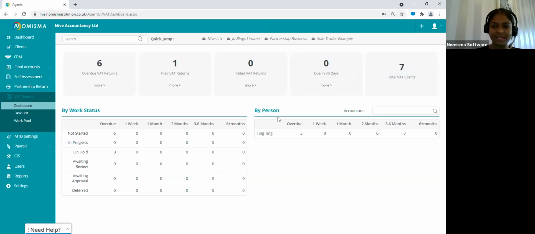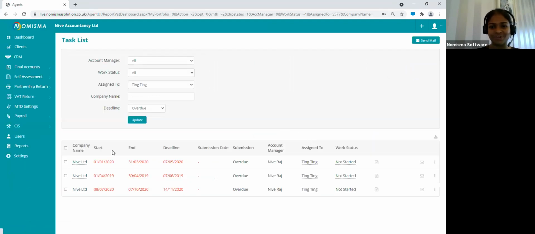You're also able to view VAT returns that are allocated to an accountant. Here you'll have a list of the accountants and any VAT return allocated to that accountant. For example, Ting Ting has 3 overdue VAT returns to file, and if you drill down into them, you'll be able to go into the task list for Ting Ting. But if we just go back,